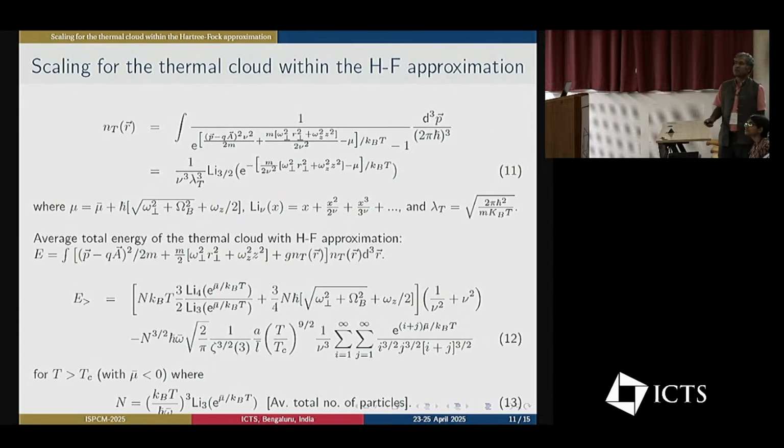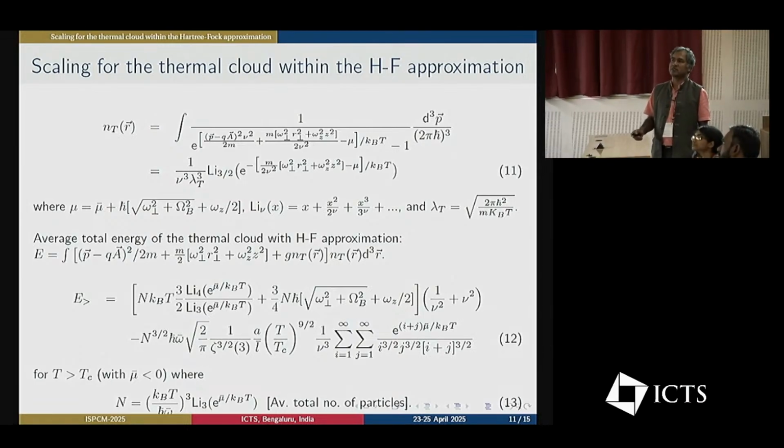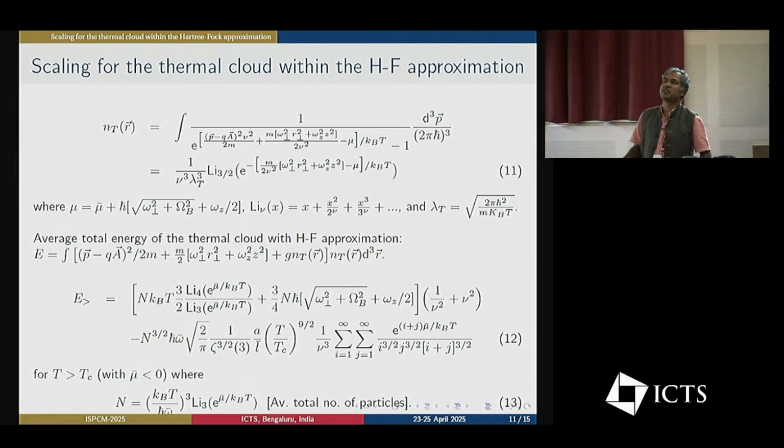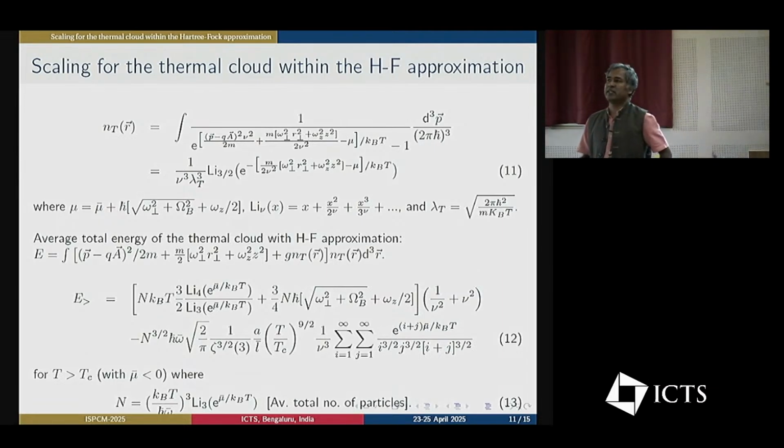So we can study the anisotropy effect and the effect of the artificial magnetic field through this formula. At a finite temperature, the number density of the thermal cloud takes this form. Here we put the scaling through the Bose-Einstein statistics. So here nu square is multiplied with the momentum part, and nu square is divided into the potential energy part,